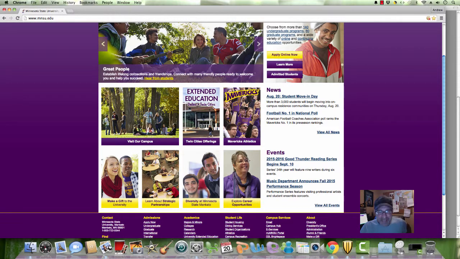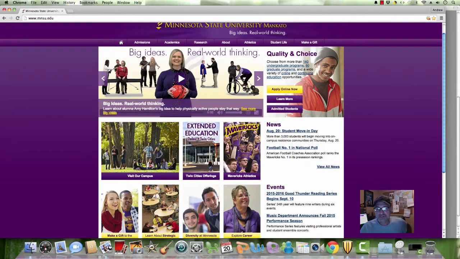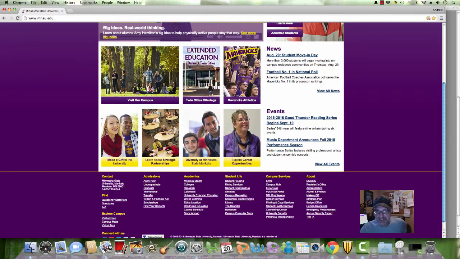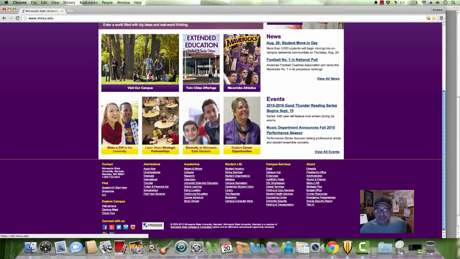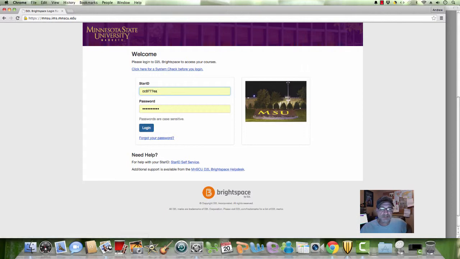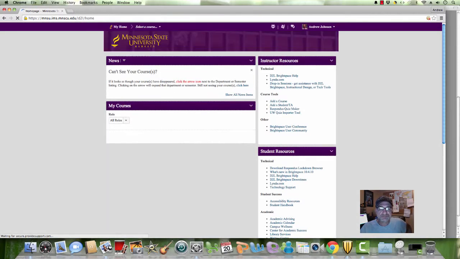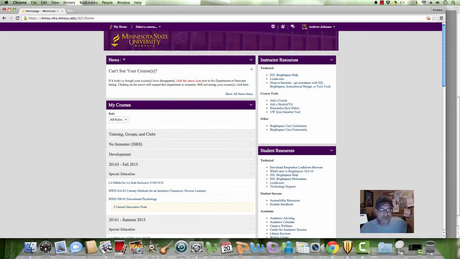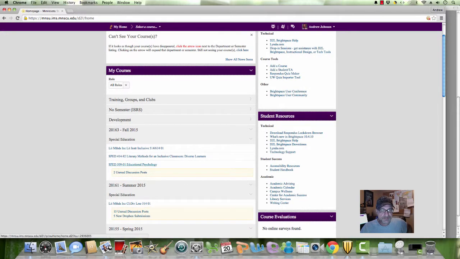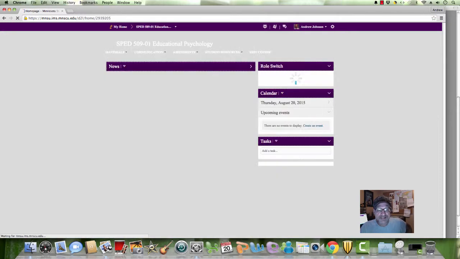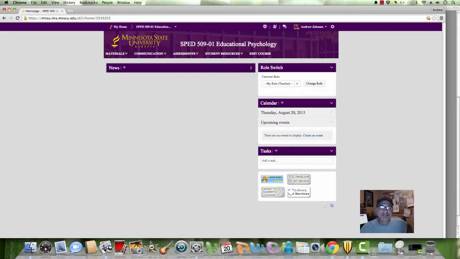In case you are not used to using D2L, go to our campus page and you can see D2L Brightspace. Double click, and you all have a login number, and then look for your course, and there's 509 right there. They change this all the time, so if you're with me in another semester, it may look a little different.